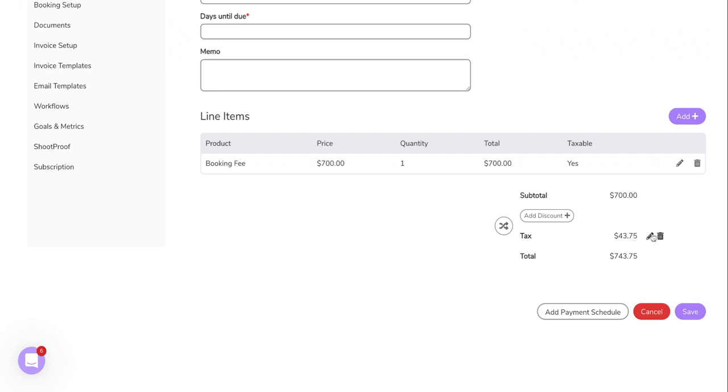You have the ability to edit the sales tax. You can also delete the sales tax or add it back in. It's as simple as just typing in the new one and checking it off. You can have your tax before or after a discount,